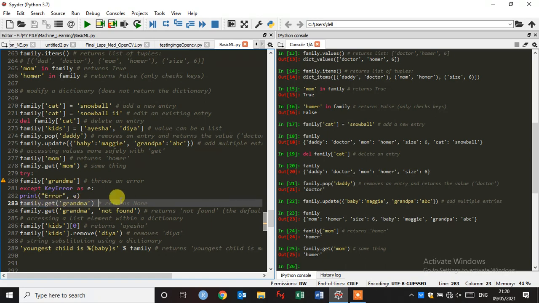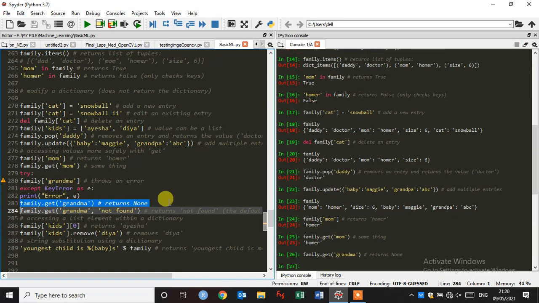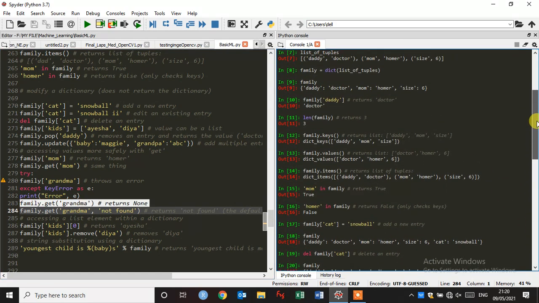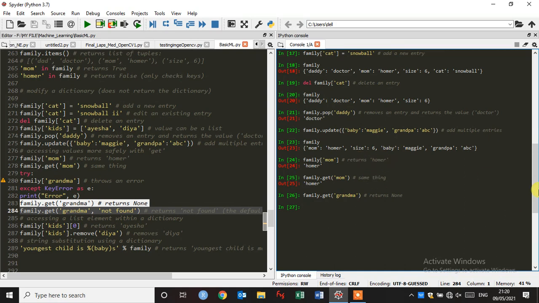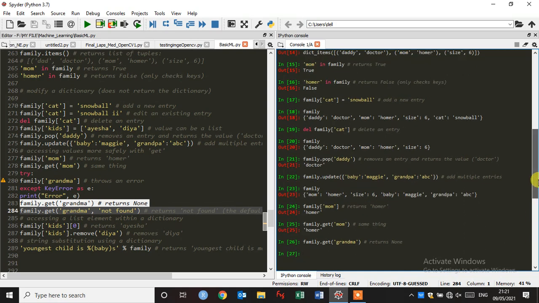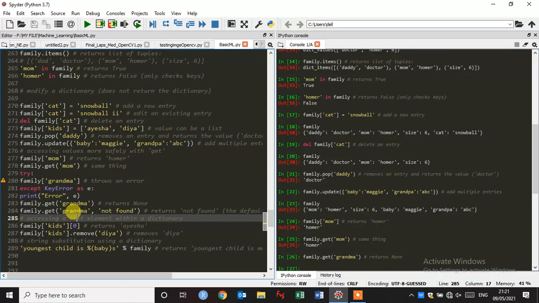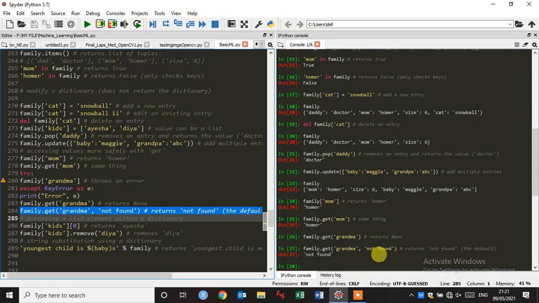If I give family dot get with grandma in brackets, let's see what happens. It returns none, because in the family dictionary there is no grandma. And if I use family dot get grandma with not found, it returns not found by default.